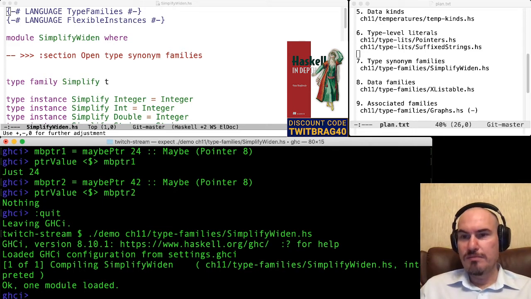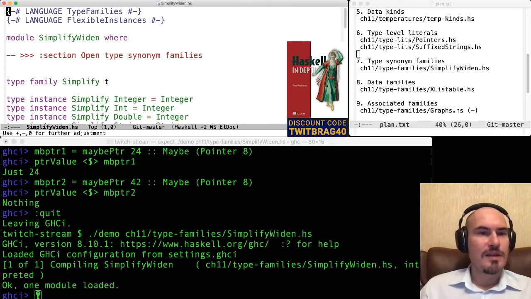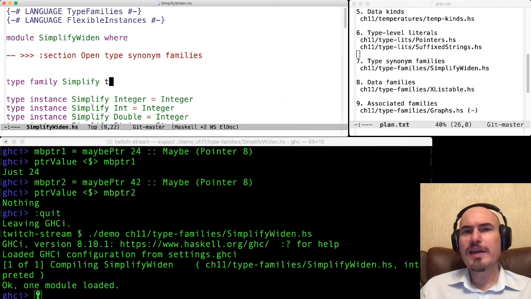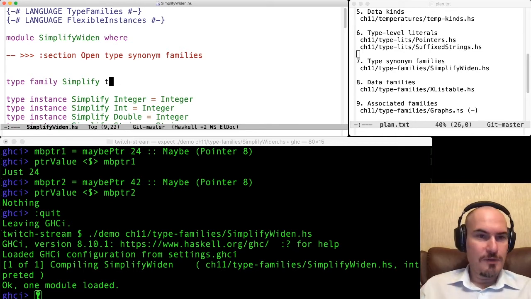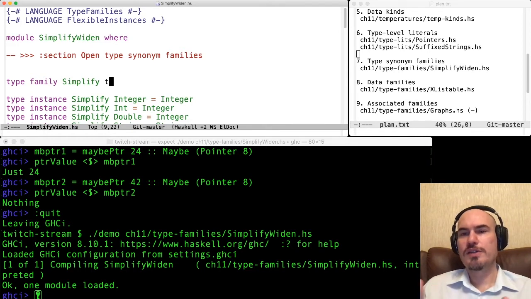So what is a type family? A type family is a simple way to express computations over types. Well, we have this type family Simplify, and my idea is as follows. I want to turn every type into something simpler. For example, we want to translate our Haskell programs to some very primitive programming language with only 2 types, integers and strings. And as a first step of such a translation, I want to translate every type from one to another, from any Haskell type to integer or string.